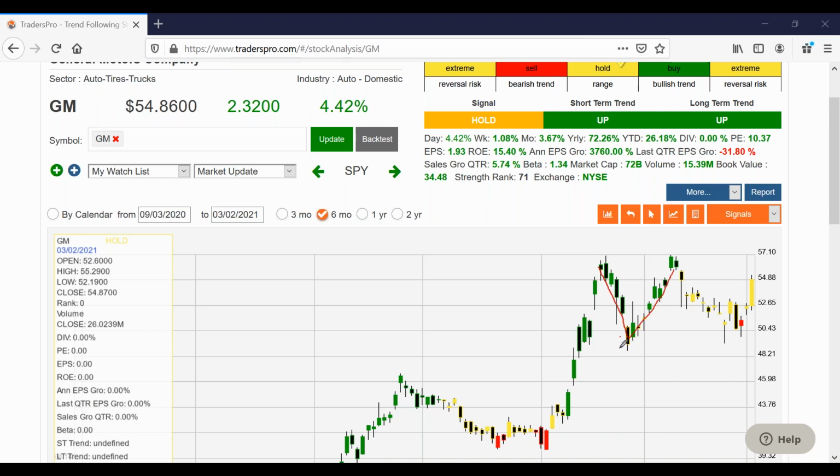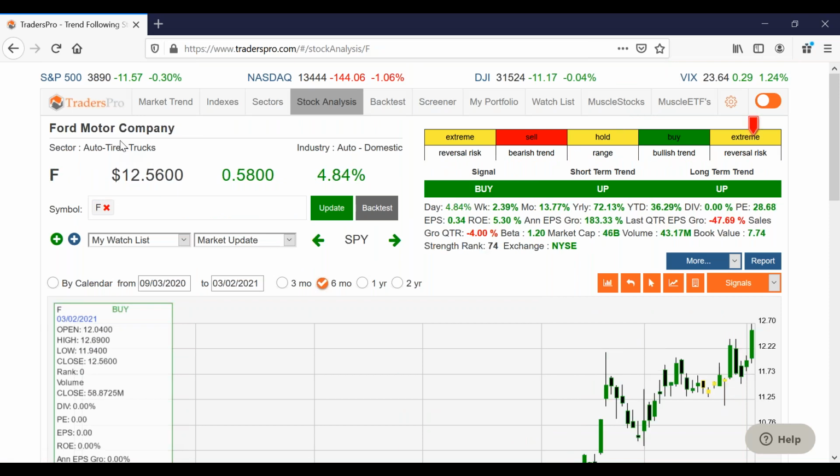This could be wave A, wave B, wave C, kind of a sideways correction here. Just to be on the safe side, you could even wait to see if it breaks out. But Ford has broken out, which is why GM might not be too far behind it. It's a 71 strength rank. I just want to point this out because we're seeing some of the defensive stocks start to move. This would be maybe a defensive stock, but you can see on Ford it has broken out. It broke out back here, and then it broke out to another high today, but it's starting to get into that extreme reversal risk range, so you have to worry about that a little bit.